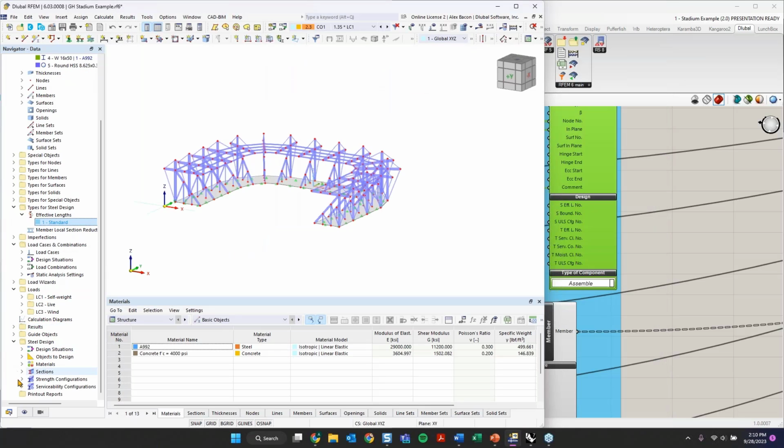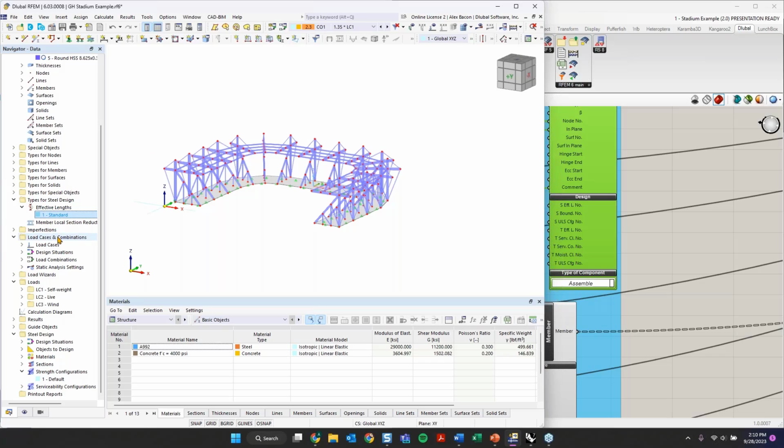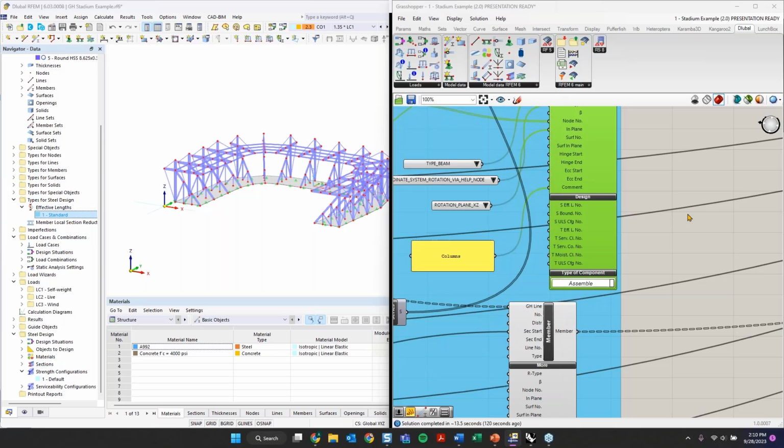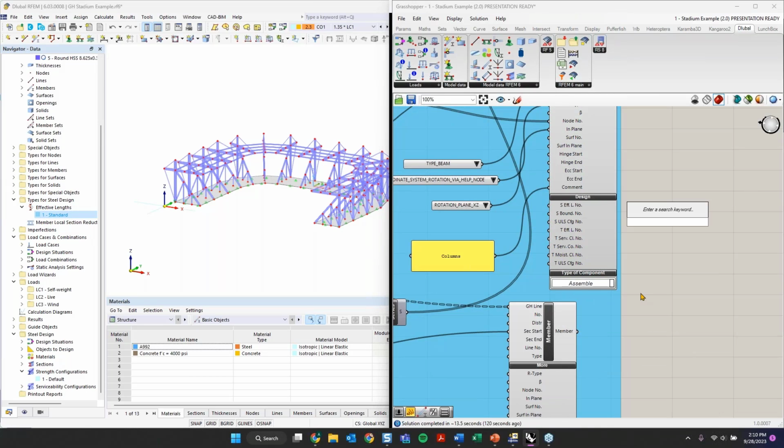The same thing is also true for the strength configuration, which also has an index number of 1. So once you have these previously defined in RFEM, all you need to do is assign an index number to the steel effective lengths, and then the same thing can be done for the